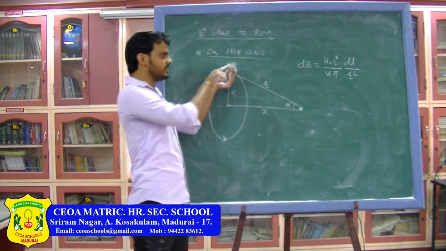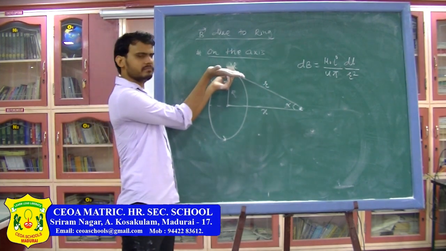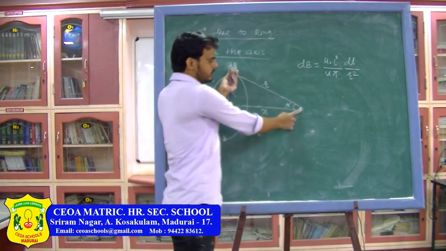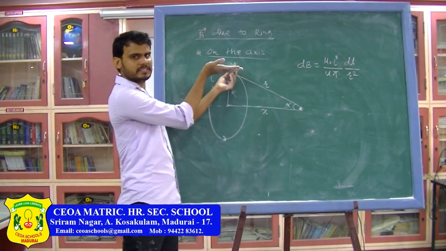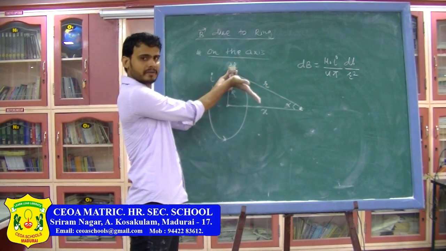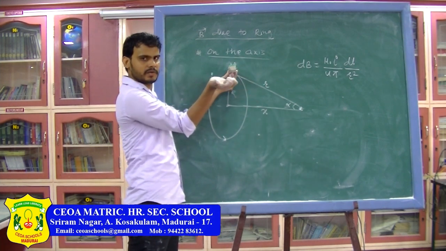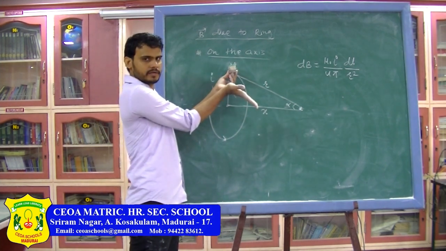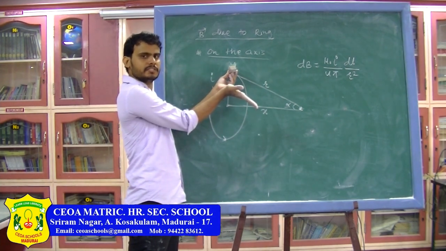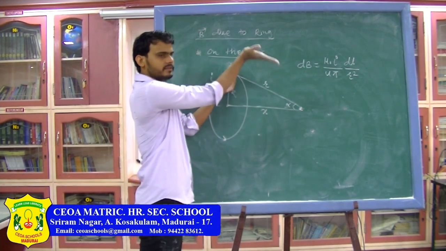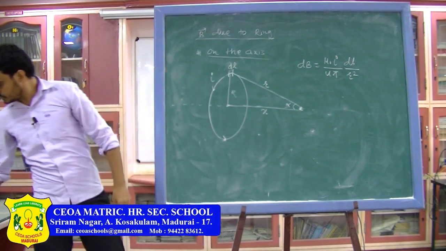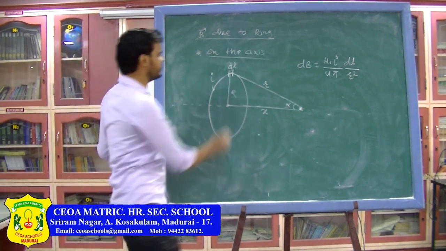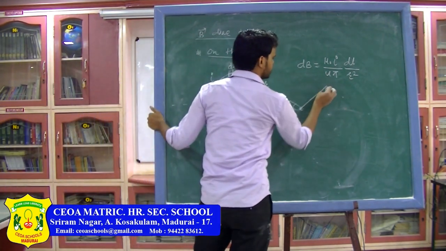So here current is in this direction, so I have kept my thumb in this direction, and the point is on the axis here, so I have to keep my fingers in the direction of the point. So my hand will be like this. So this is the direction of current and this is the position vector. So my palm will give you the direction of magnetic field. So magnetic field will basically be like this. So here I can say the magnetic field due to this current element will be in this direction.